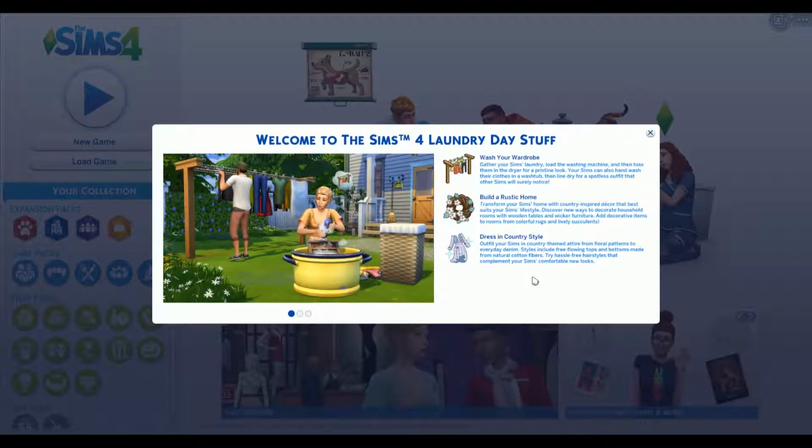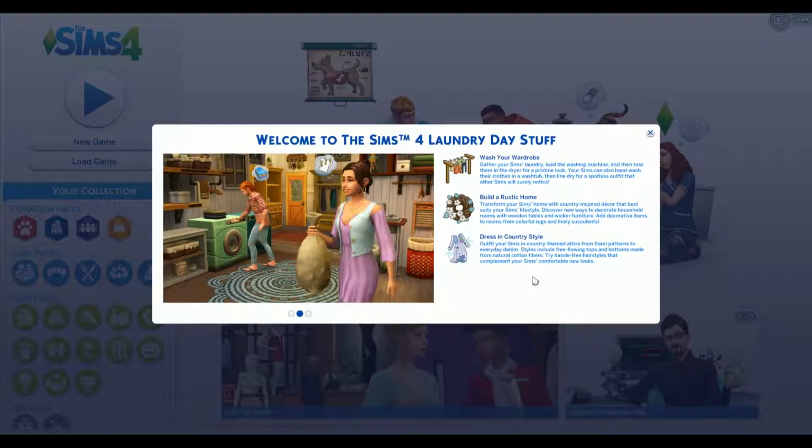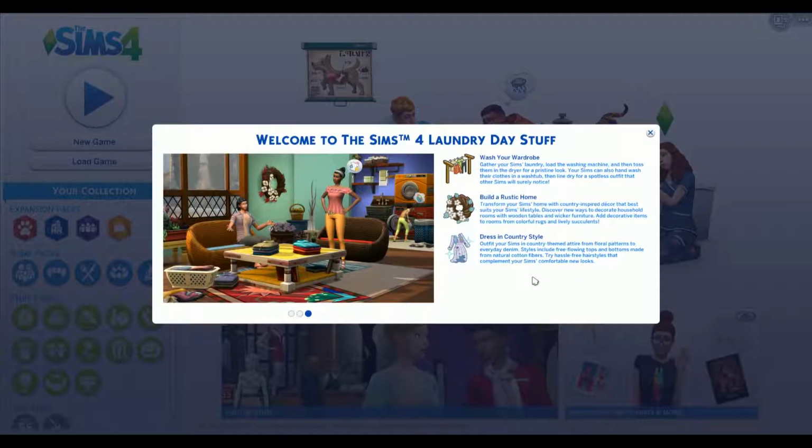So we do have some new things that are very exciting with the Laundry Day stuff pack. It says that you can wash your wardrobe, gather your Sims' laundry, load the washing machine, and then toss them in the dryer for a pristine look. And your Sims can also hand wash their clothes in a wash tub, then line dry them for a spotless outfit that other Sims will surely notice. So in this build, definitely going to be using the washer and dryer,